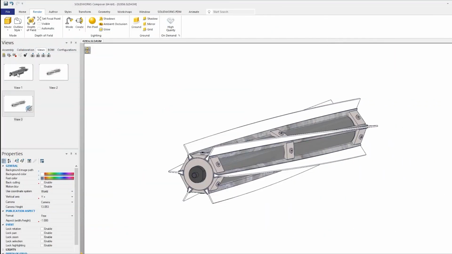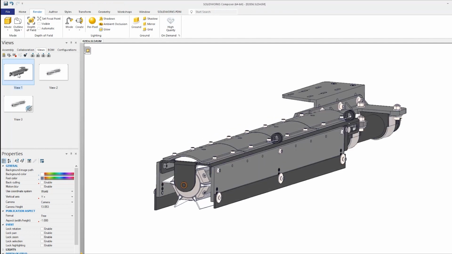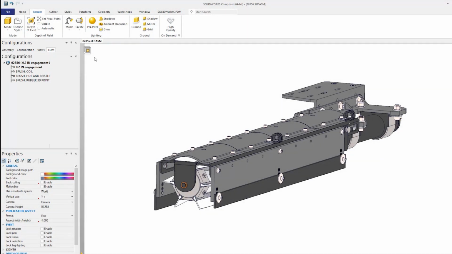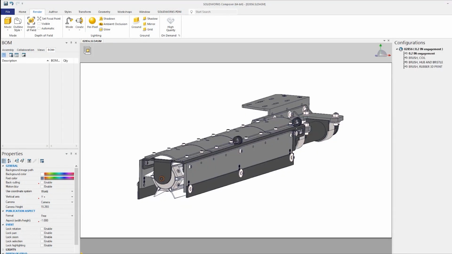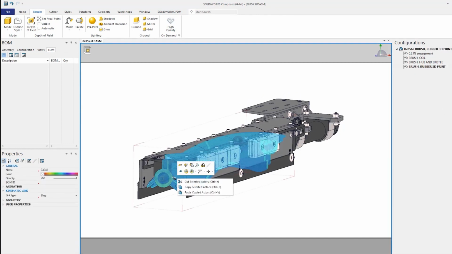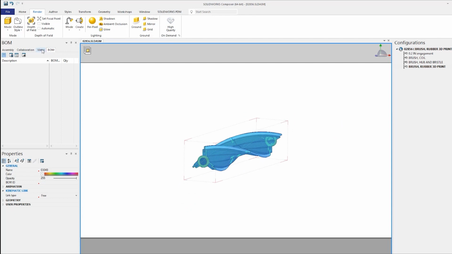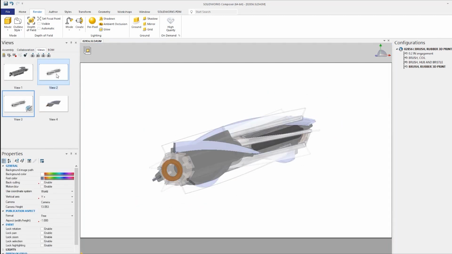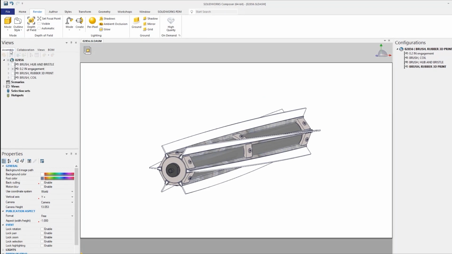New in 2021, you will see an updated user interface that allows for extended docking support of tabs and windows. Moving the configuration tab and docking to the right-hand side is a nice place to access all of these configurations that were brought in during the import process. Now, with the new configuration active, it's easy to create all the additional required views for this final document.